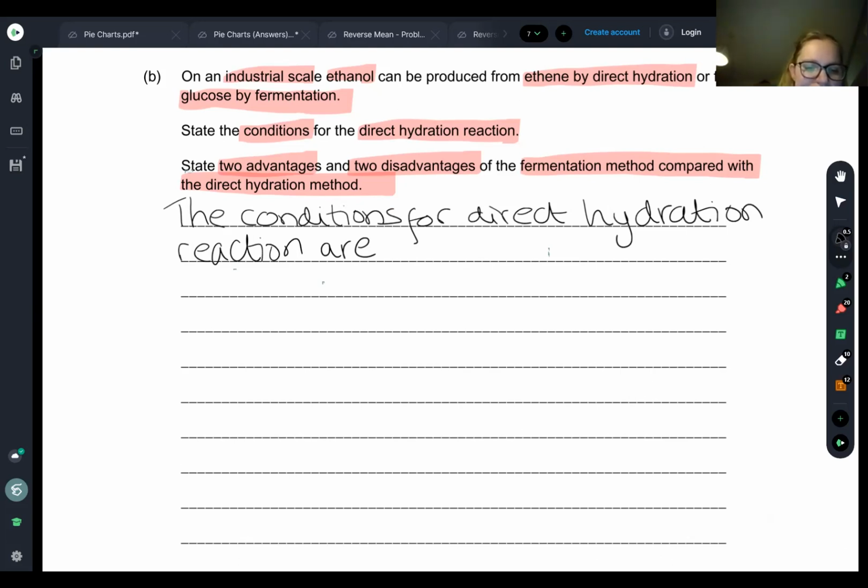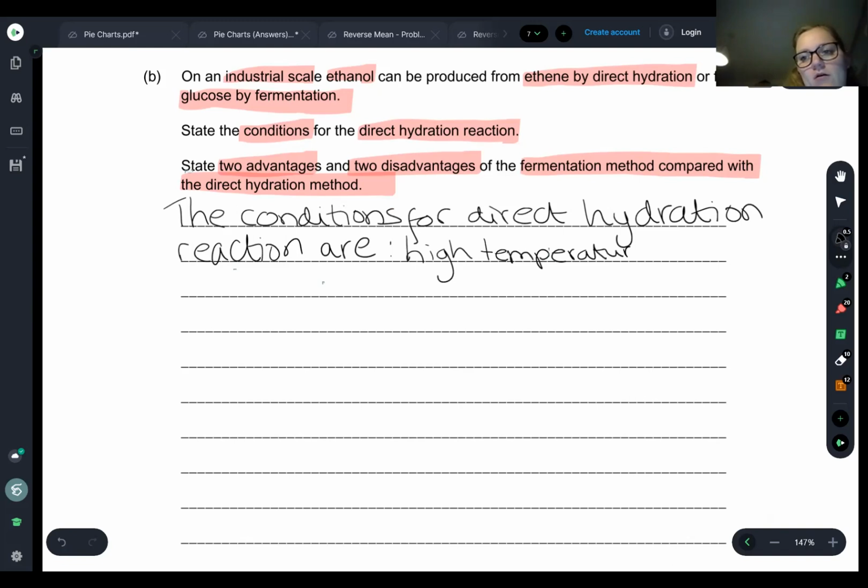If you give an example of a temperature, it will be allowed, but actually it's better to just say a high temperature, or hot. So a high temperature, and that will get you 1 mark. I'm going to pop that on there. And the other one would be